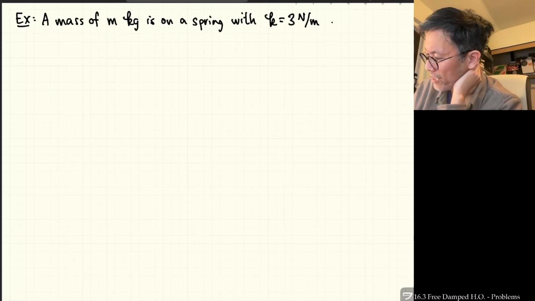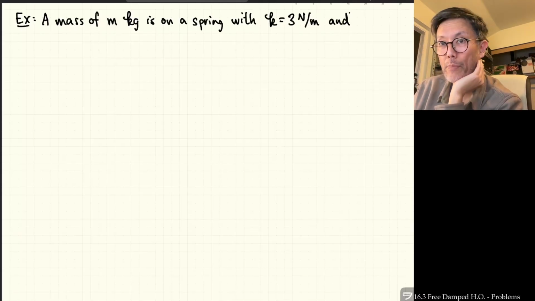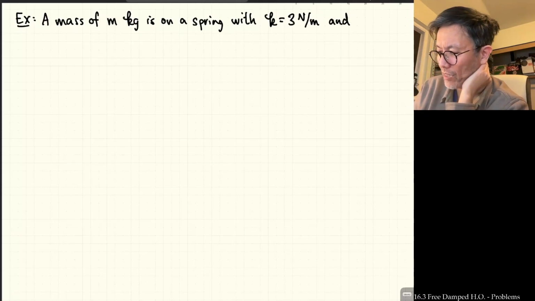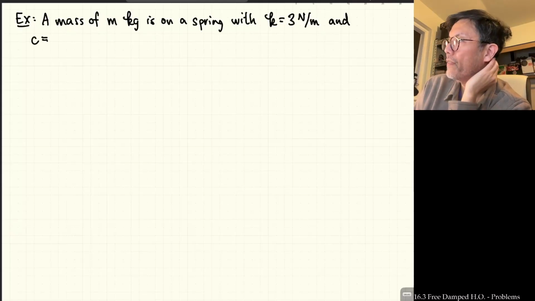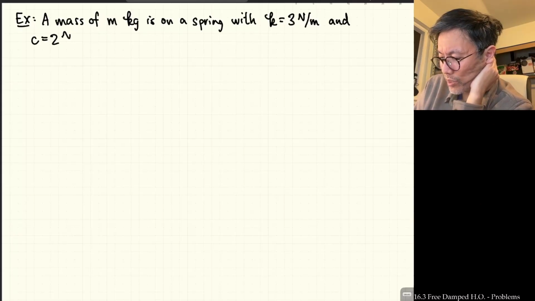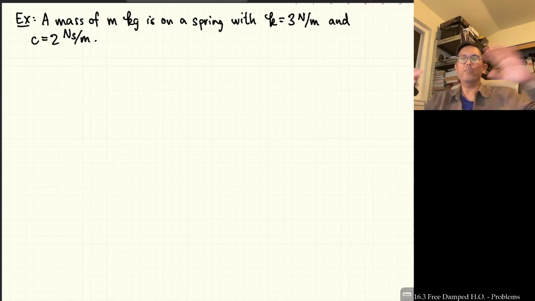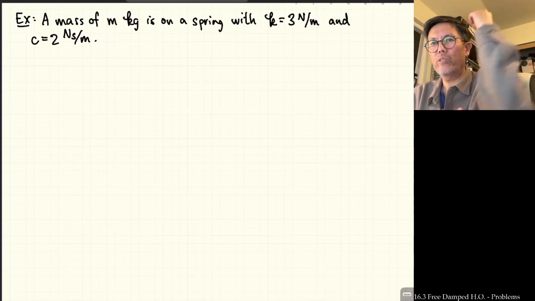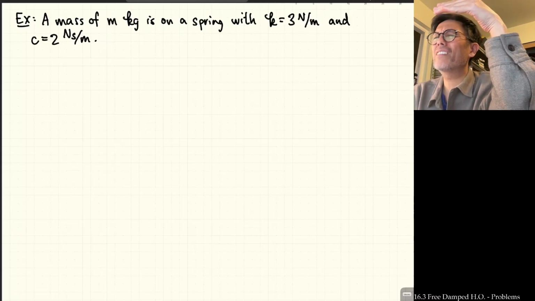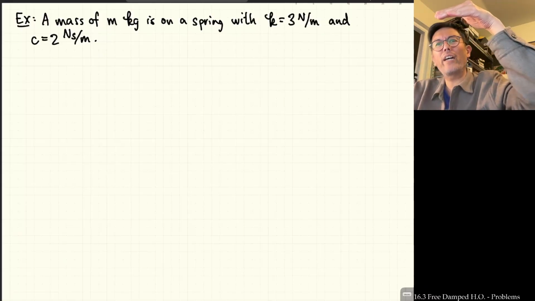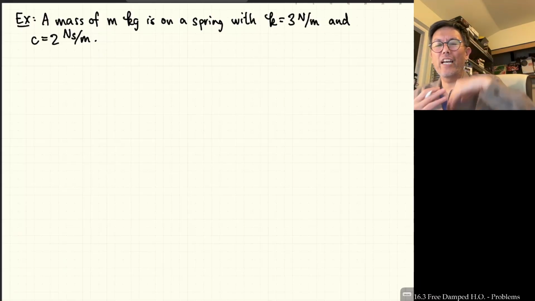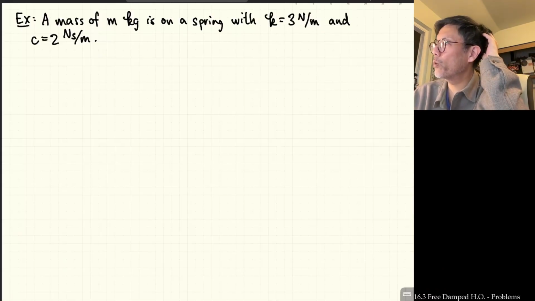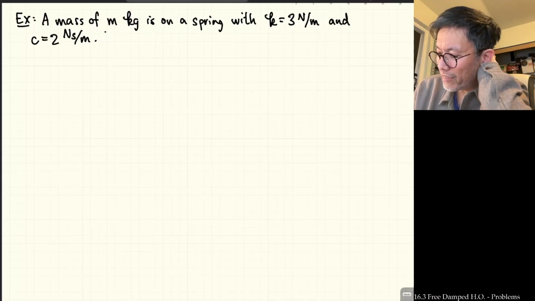Okay, and we're going to assume that there's damping, and the damping constant is c, and that's going to be equal to 2 Newton seconds per meter. You can check that the units on c should be Newton seconds per meter, which makes sense. If c is multiplying velocity and we get a force, you should be able to see that more or less easily. Find the mass